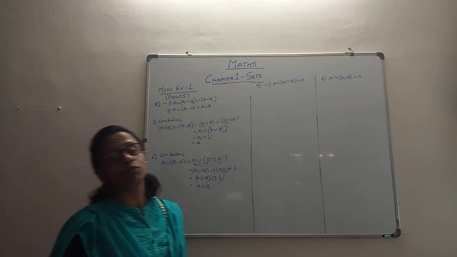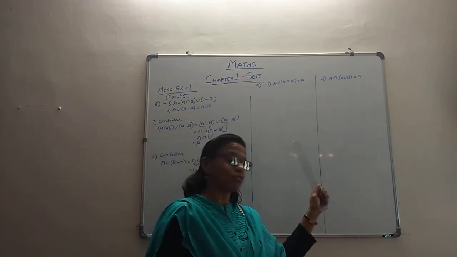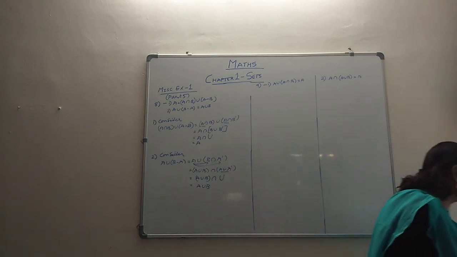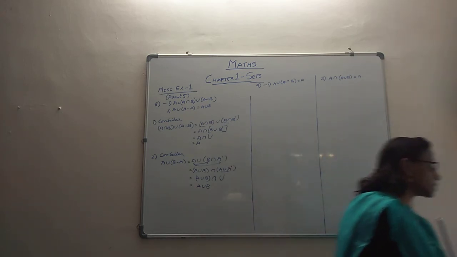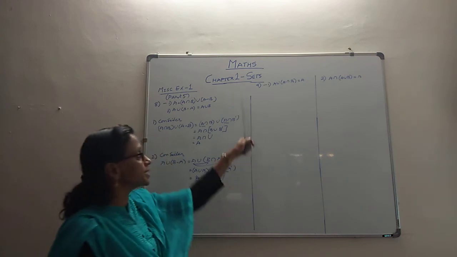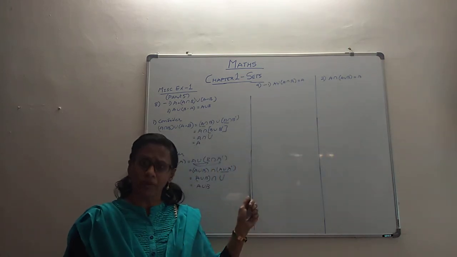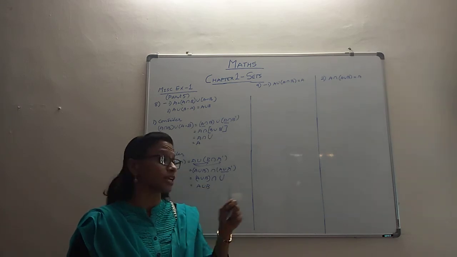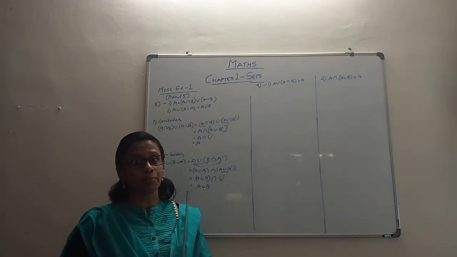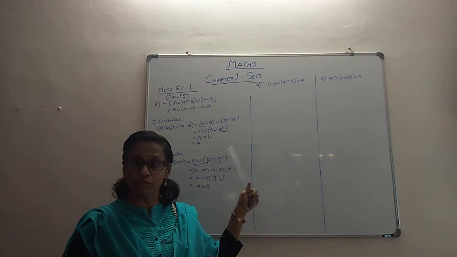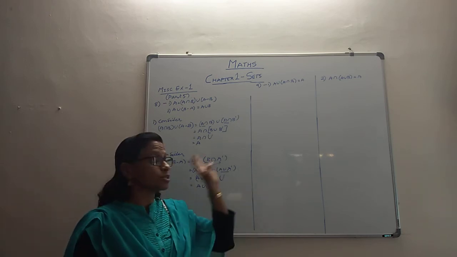Okay, now quickly we move to the 9th question. There also they are asking us to show that, using properties of set, show that. And this is very, very, very important. Why? Because we have used it in the earlier questions and it's very useful even in our future problems. Whenever we take up problems, there we use this by and large at many places.